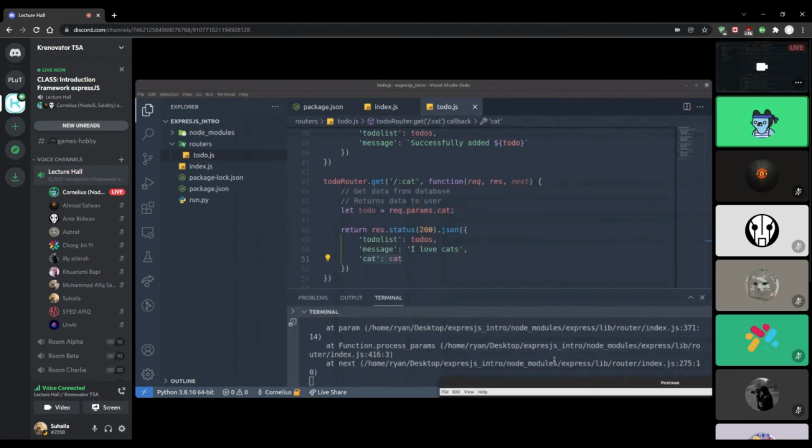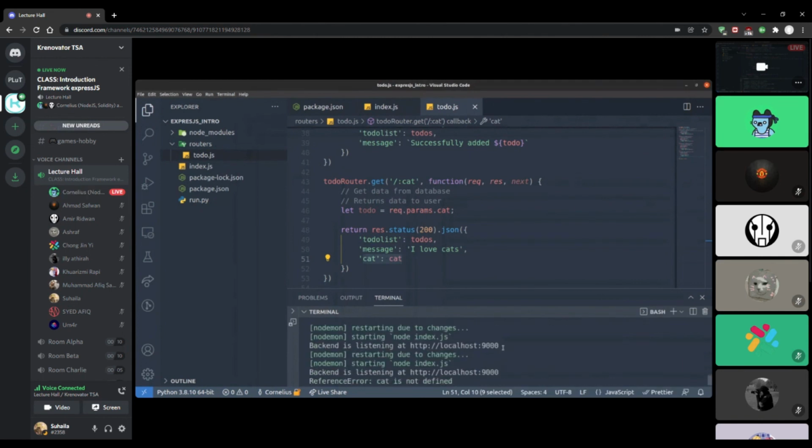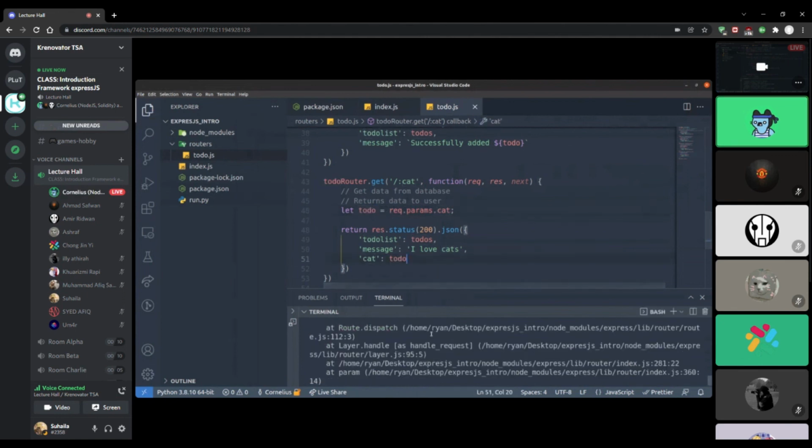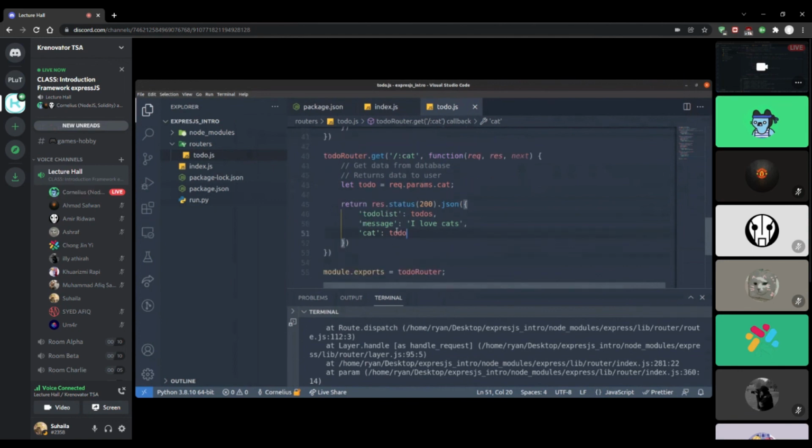cat is not defined. Okay, cat is not defined. Give me a second. Okay, line 51. Oh, okay. It's todo, it's not cat. I used the wrong variable name. It should be todo. It shouldn't be cat. So if we try to call again over here,